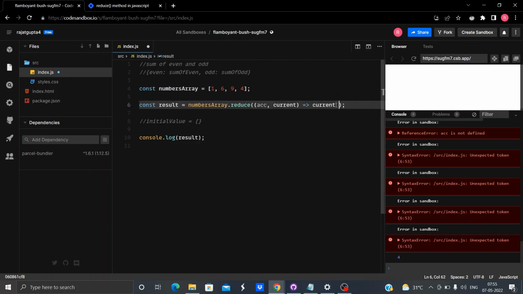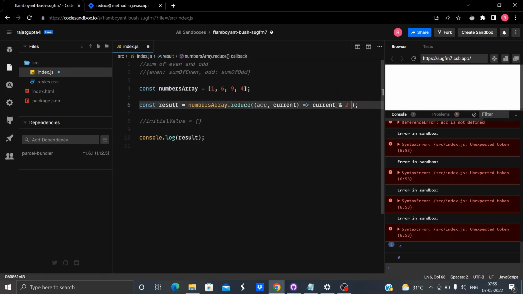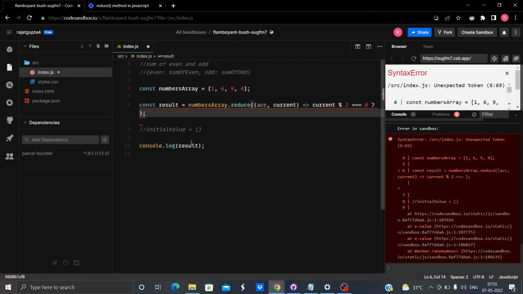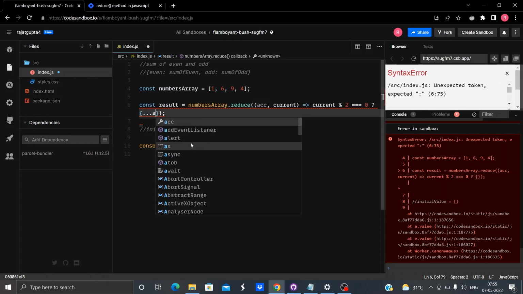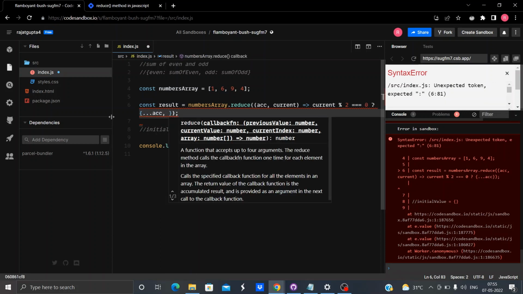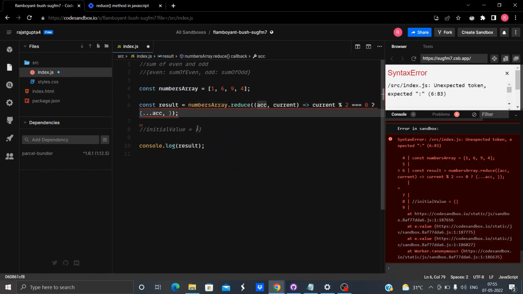We will check current mod 2: if current is divisible by 2, then return something like this. ACC, because the initial value will be equal to ACC. So we will destructure this accumulator. Yes, you need to know how destructuring works.